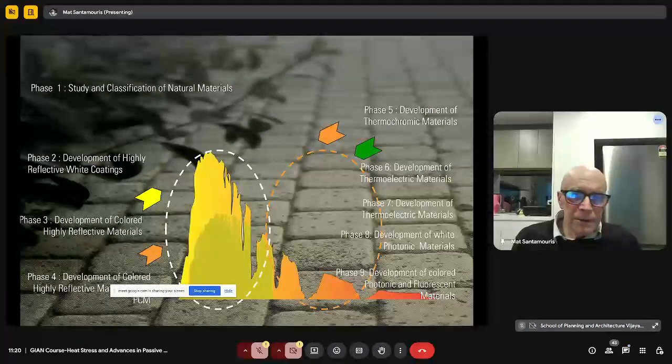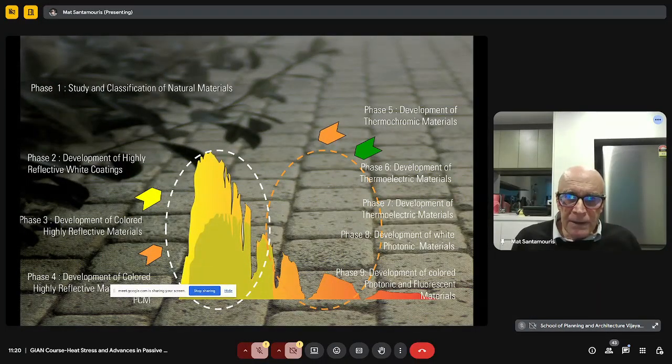So for many years, scientists have spent a lot of time trying to understand the thermal and optical properties of natural materials. And now I think that in every country, we have a very good database with the characteristics of the materials in case someone likes to use natural materials. And we are using a lot of natural materials. For example, in the south of Europe, we are using a lot of white marble. White marble is a very cool material because it presents a very high reflectance. And this is the reason that it's preferred over the other materials.